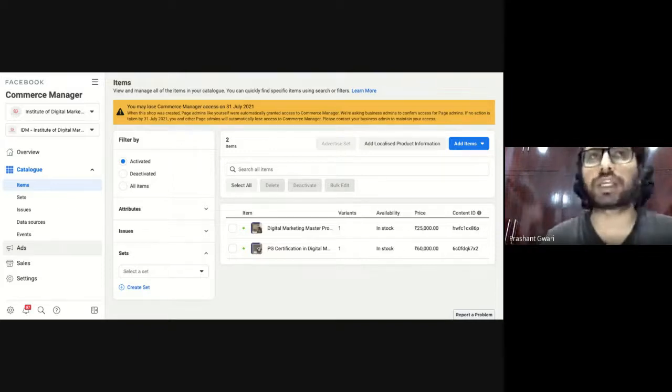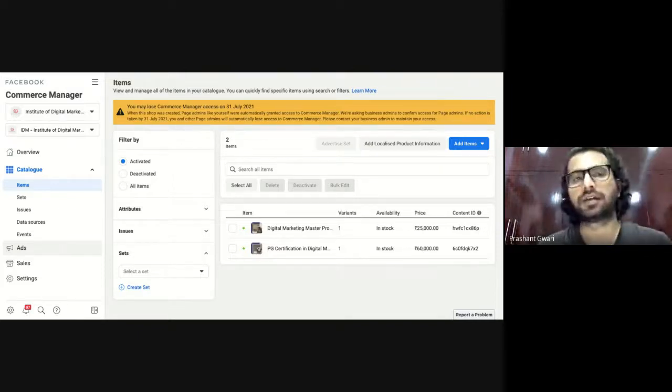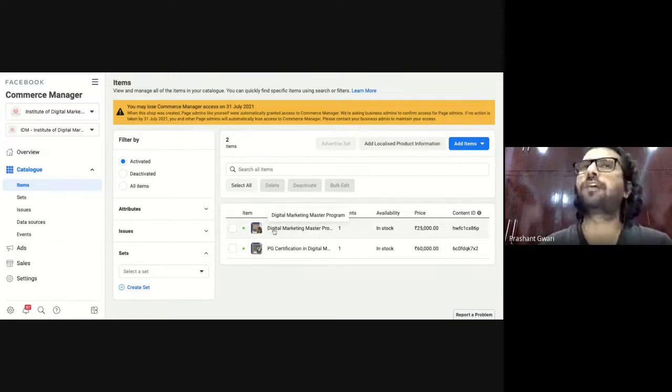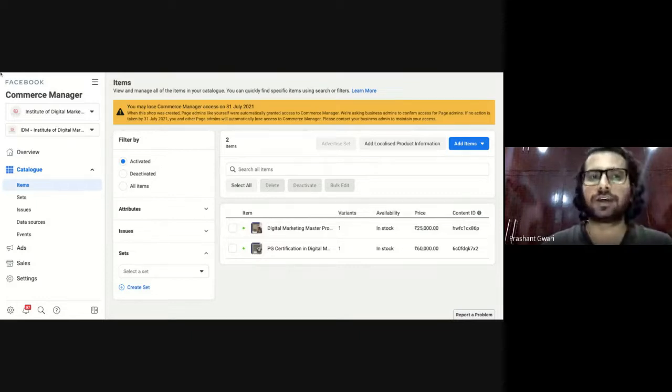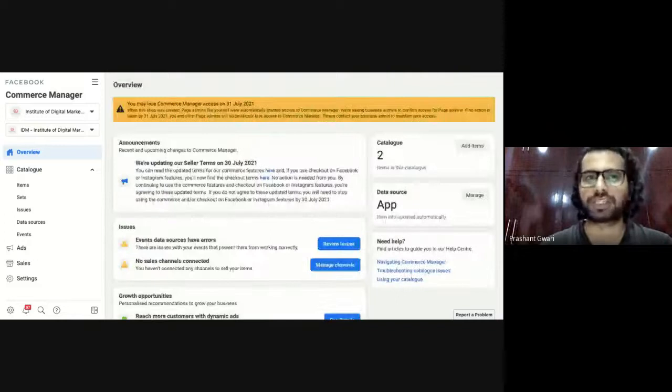So that's how you can set up a shop and create a catalog on Facebook and Instagram for your e-commerce website. Again, this is used by e-commerce websites. Service businesses don't use this kind of catalog. I am using this only for teaching purposes. Even IDM doesn't use this catalog for advertisement purposes because it is only useful if you have an e-commerce website. So that is the next thing you have to learn about Facebook and Instagram marketing or Facebook Business Suite.